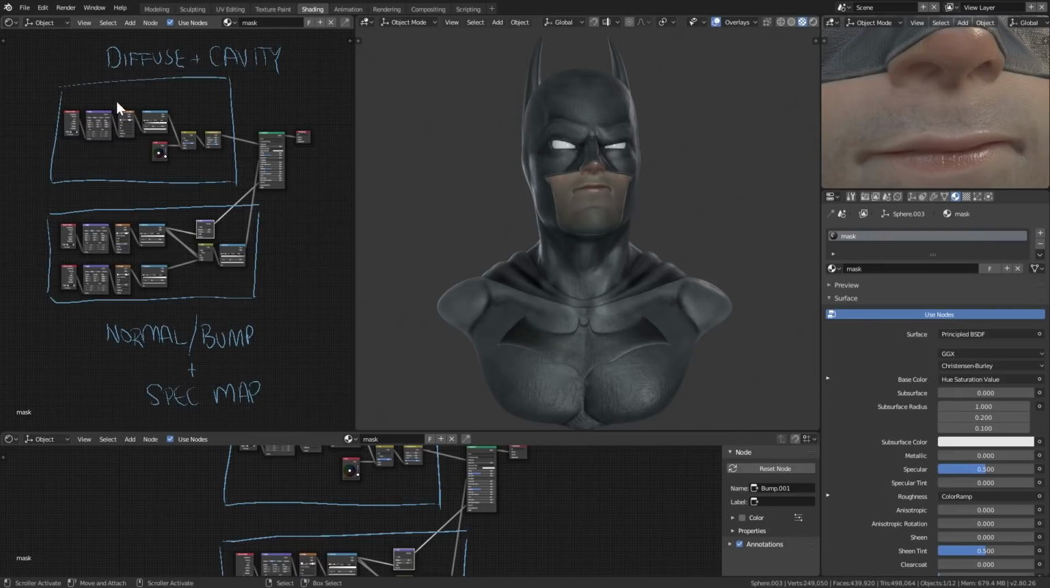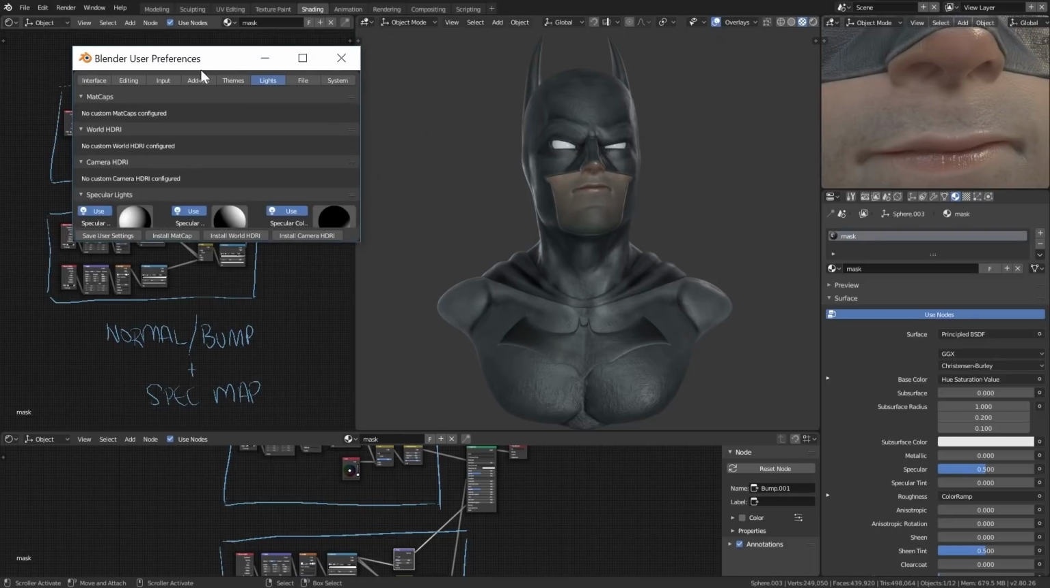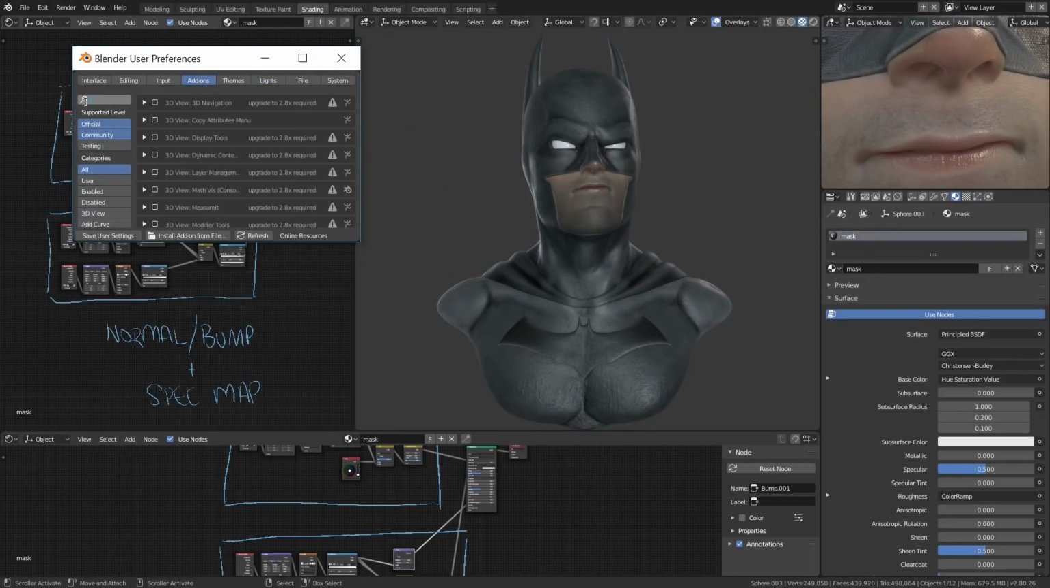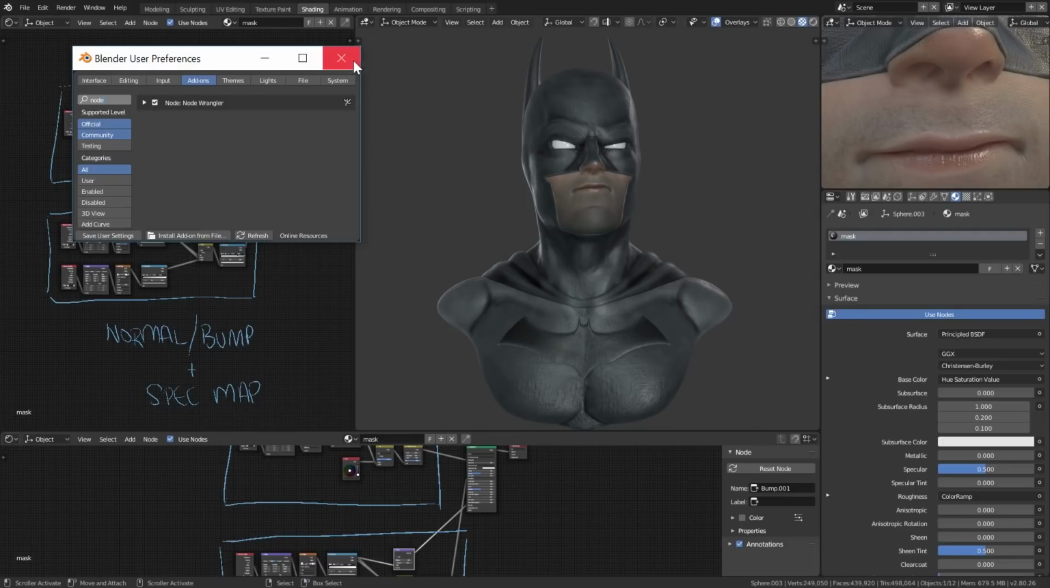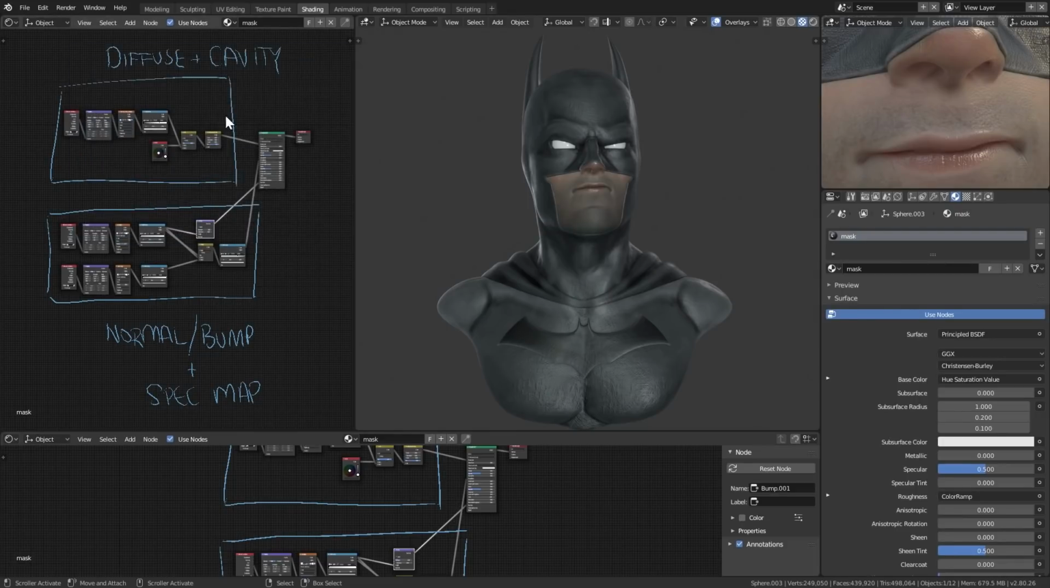But before we start texturing, here is what I want you to do. I want you to go to Edit, User Preferences. If you're using Blender 2.79, it will be in the File menu, not Edit. But anyways, once you open this, make sure that you go to Add-ons and that you activate the Node Wrangler. I already talked about it in another video, but basically it's so that we can do some of the manipulations that